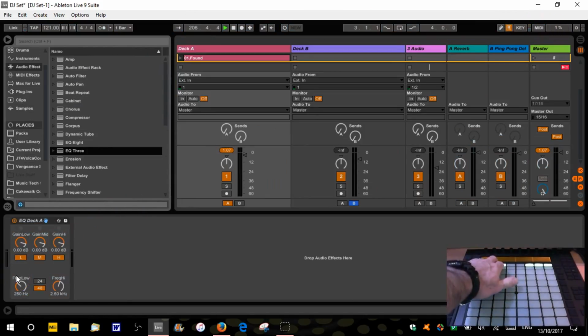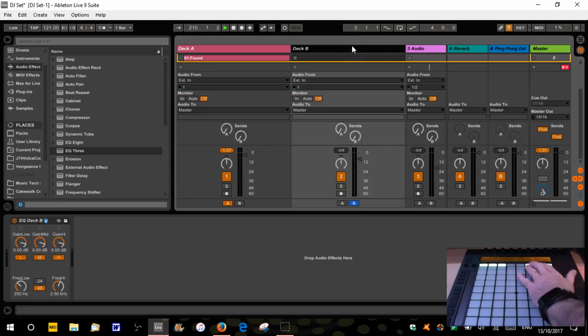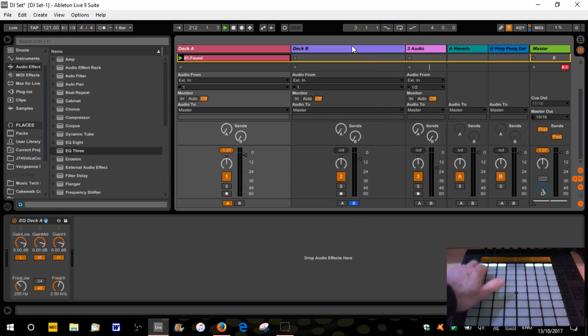Okay, when I press the button, it will turn them on. And when I press the button and hold it, it will stay off. And then when I let go, it's going to stay on. Okay, let's just check that deck B is doing the same. Yeah, that's fine. So now when we're playing a track,